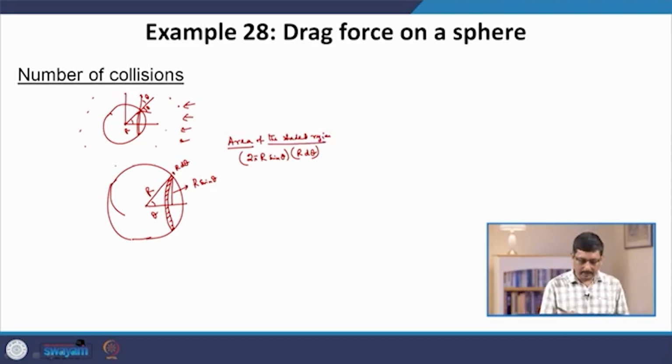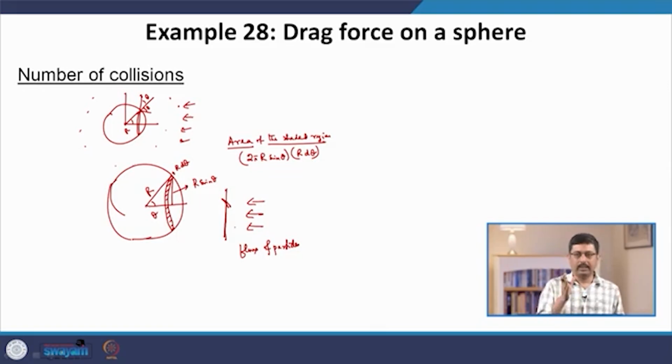However, what we need is, since this is a slanted area, the projection in the vertical direction, because these particles consist of a flux. So, there is a flux of particles. How much it will hit the sphere is determined by the cross sectional area in the perpendicular direction. So, this is the cross sectional area,